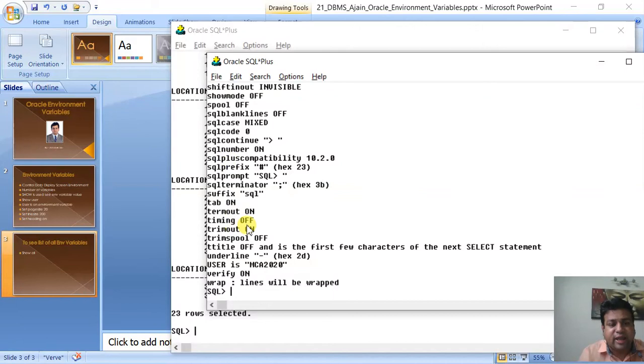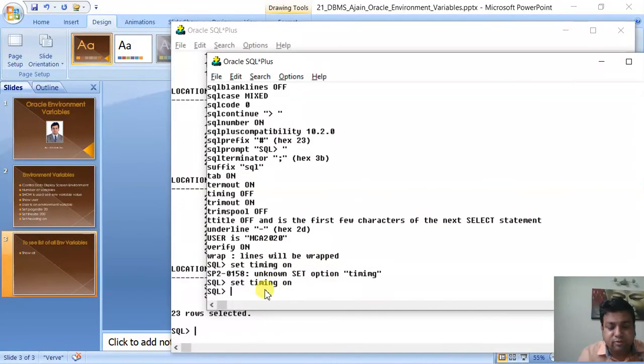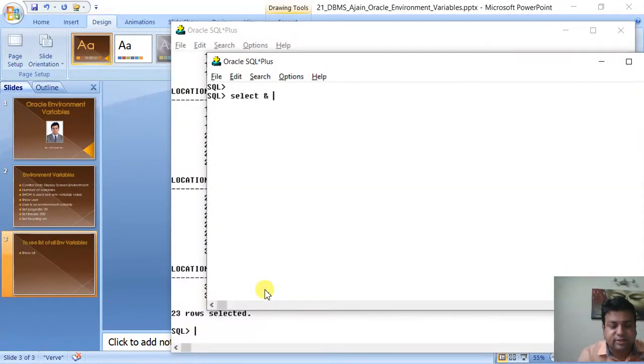There is one more, timing. Timing you use to see the time of, for example, the query. Set timing on. Spelling is wrong. Set timing on. Now next time if you run any query, select star from student, it will show you the time required to run that query.